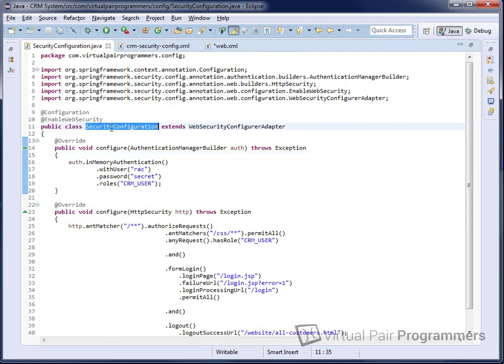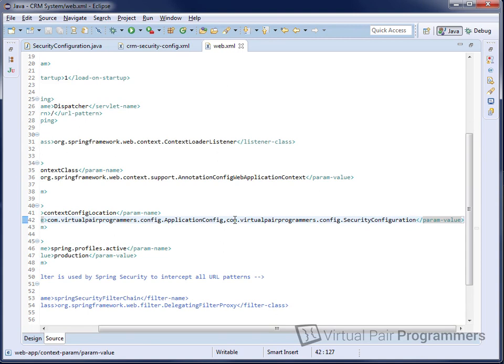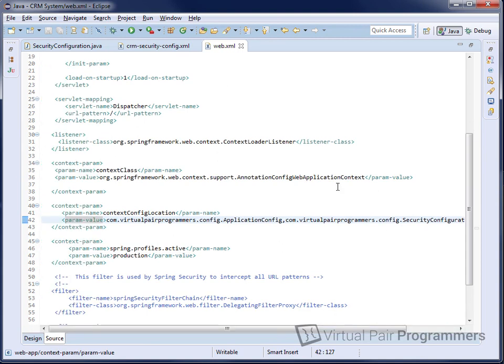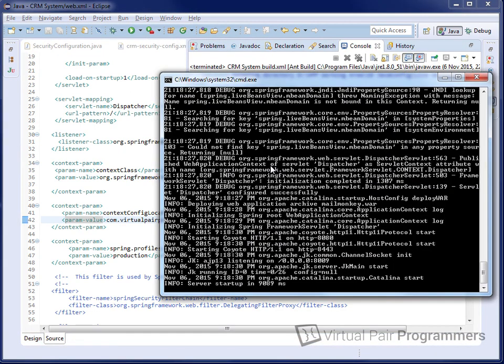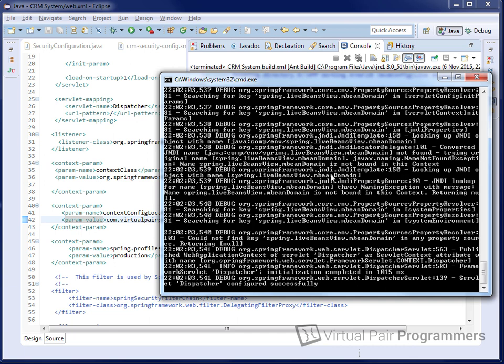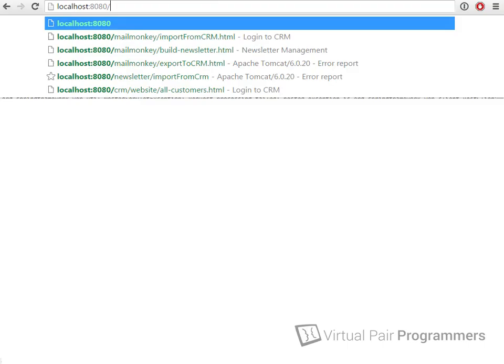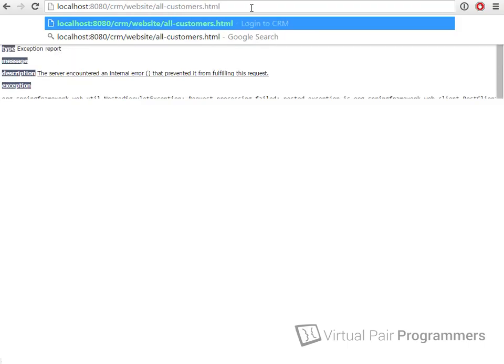And I'll do the same as previously. I'll copy the qualified name of that and paste it into there. So that should be enough to make it pick up the configuration. Let's rerun the build and see the difference. You definitely want to be checking the log before you rush to your browser. Well, it worked okay for me, so if you have any problems in your log, then just check your configuration very carefully. So to test this, we need to visit the usual URL, CRM website